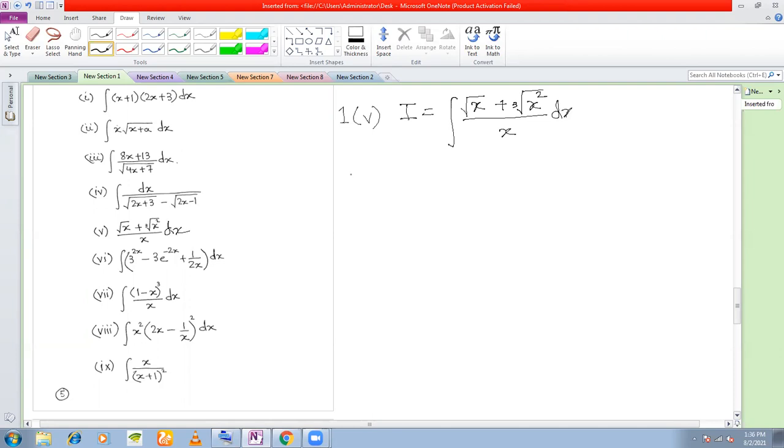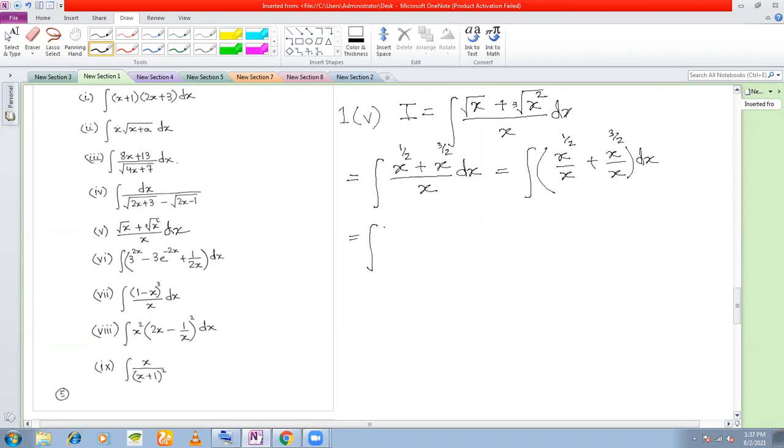Okay. So now see, you can write this as square root of x can be written as x to the power of half. And cube root of x square can be written as x to the power of 2 by 3, divided by x dx is equal to, now you can separate here. You can write this as x to the power of half divided by x plus x to the power of 2 by 3 divided by x dx,